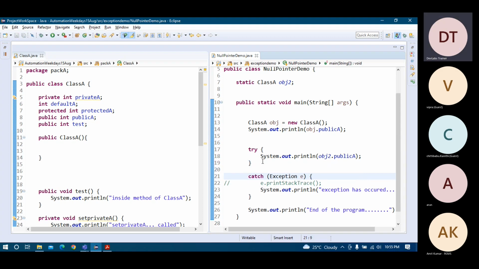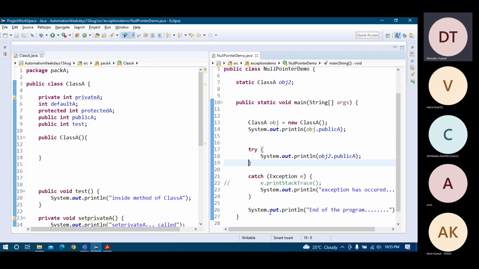So basically try will detect the exception, and based on that it will communicate with the catch, and catch will handle the exception. Once you handle the exception, your program will execute further. If you don't handle the exception, your program will be terminated when the exception occurs. So catch is a way to handle the exception, try is a way to just detect whether the exception has occurred or not. If an exception has occurred, it will communicate with catch. If an exception does not occur, it will not communicate with the catch, it will just try to execute the